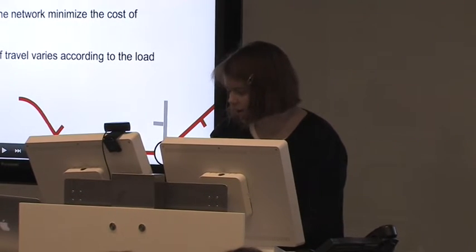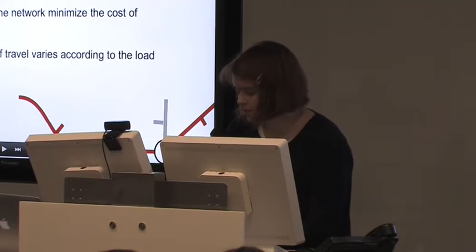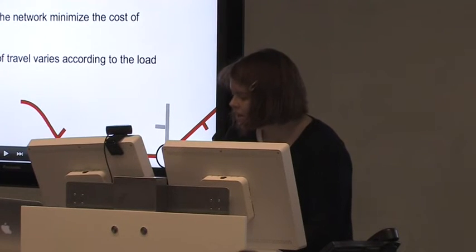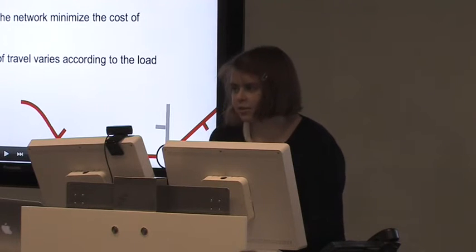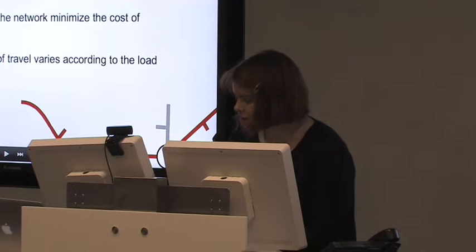So what Professor Sheffy writes is that the flow pattern in an urban transportation network basically depends on two competing mechanisms. So first of all, there are the users. There are the very stressed London commuters that want to get to work as fast as possible. And a user always strives to minimize the cost of their travel. This is not necessarily the cost of your Oyster card or your pay-as-you-go, as the fashionable people do it nowadays, but this can be pretty much anything. This can be your time taken to travel from point A to point B, or for example, how frustrating it is or how many times you have to change train. So cost can be measured in a variety of different ways.